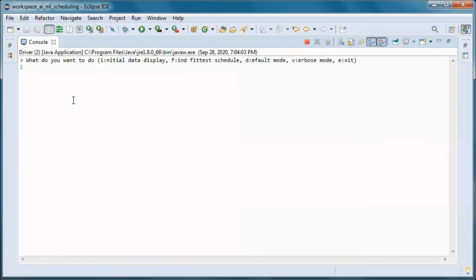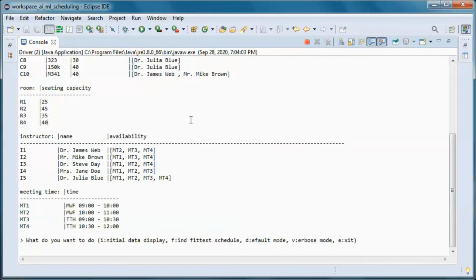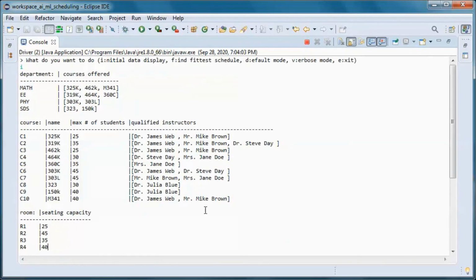So this is the data that we are now picking from the database. So we have 2 additional classes from this department, and this additional course offered in this department.